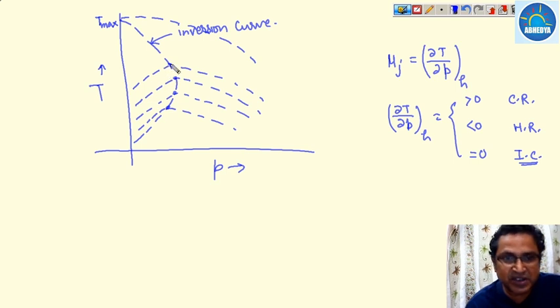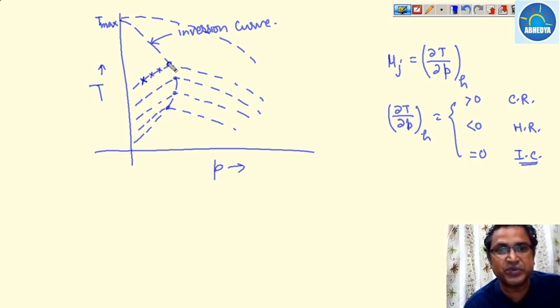Why? Suppose a substance is here and we have to get the cooling effect till this temperature, then what will happen? We will receive this much amount of cooling effect, which is very much. And suppose if our starting point is here, then the cooling effect will be less as compared to the earlier one. If it is here, then it is again much less as compared to the first one, where the initial state was at the inversion curve.